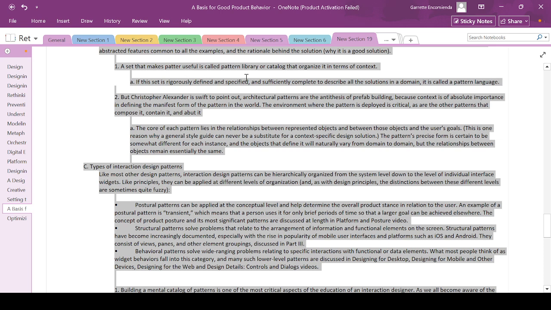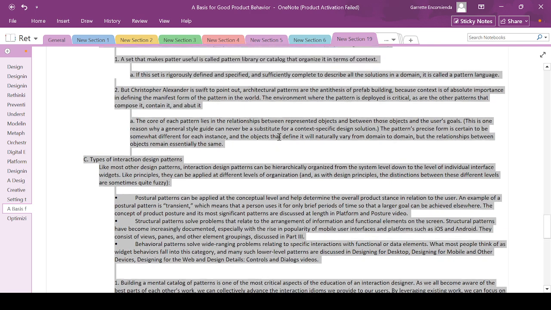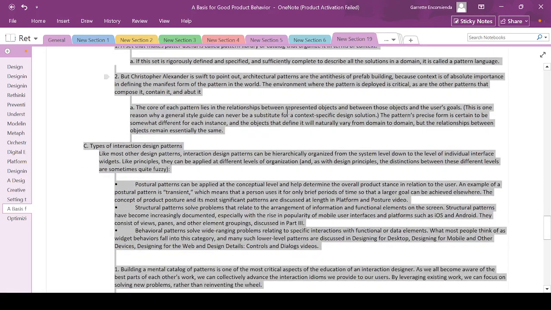A set that makes pattern useful is called a pattern library or catalog that organizes it in terms of context. So that's the pattern catalog that will create this pattern. So you collect those different contexts that we could use this design pattern. So if this set is rigorously defined and specified, sufficiently complete in details to describe all the solutions